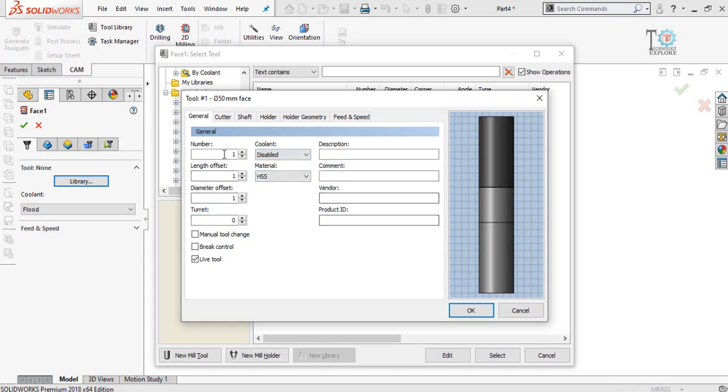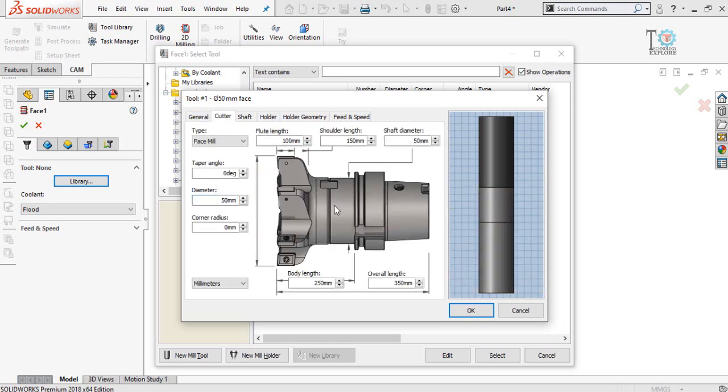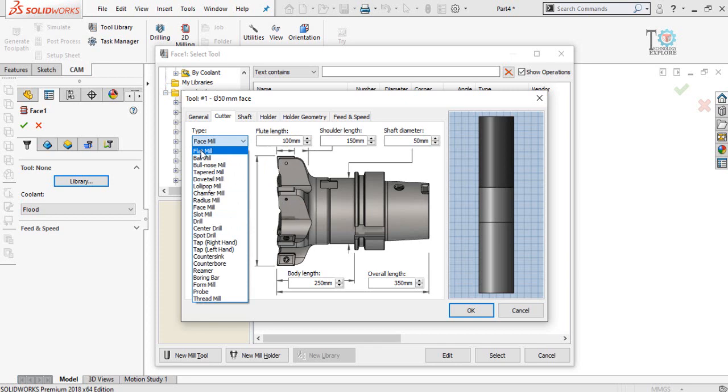Material and rest of the things. Then cutter. So we can do multiple operations by different mill tools. Basically we can also use this face mill for facing operation, but at this moment let's say I don't have the face mill tool, so I have to change the tool type, and from here I'm going to select flat